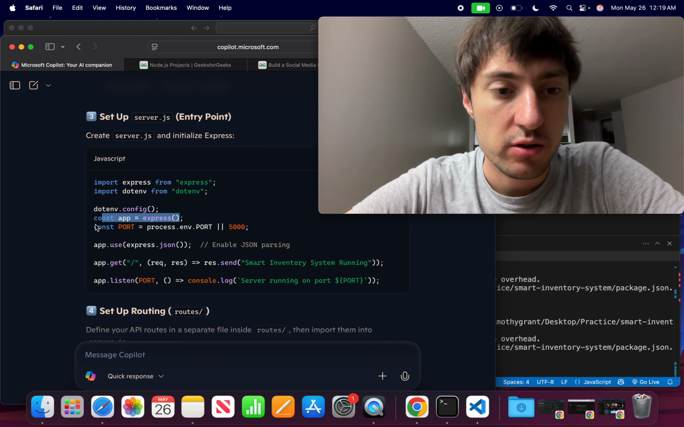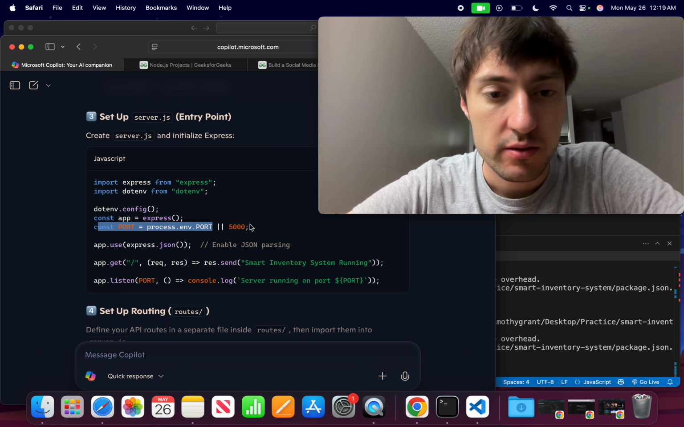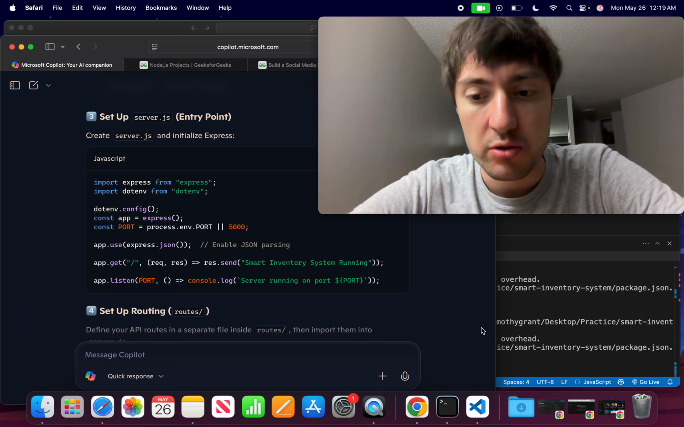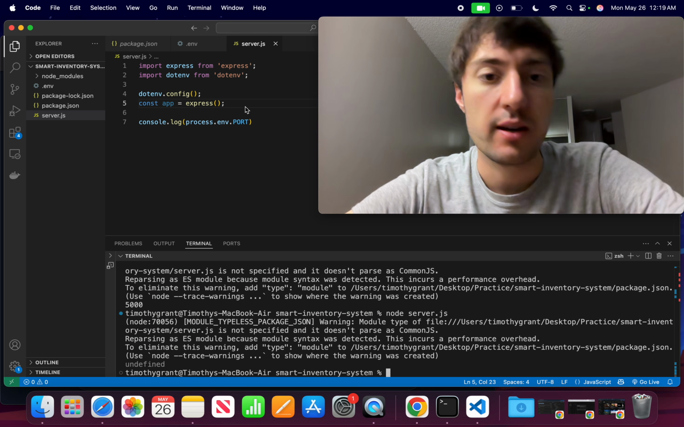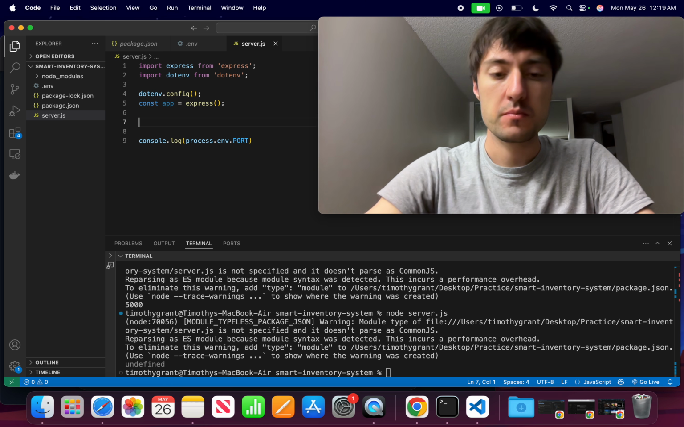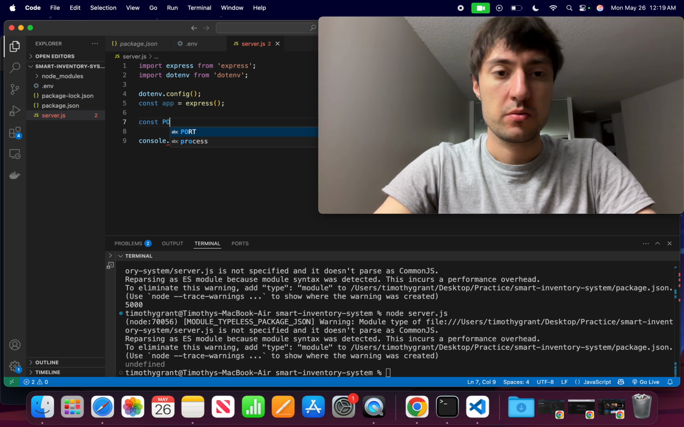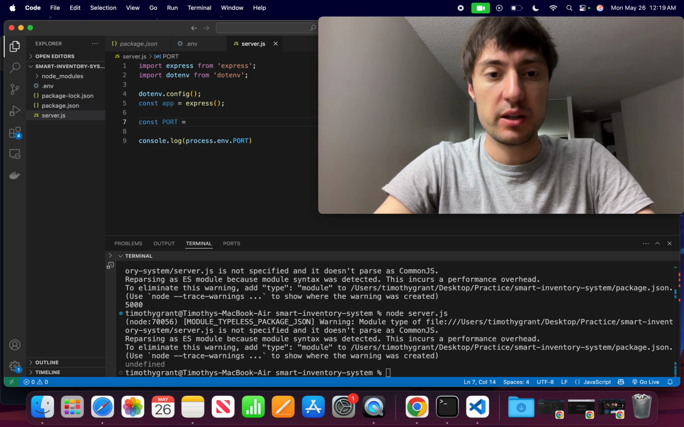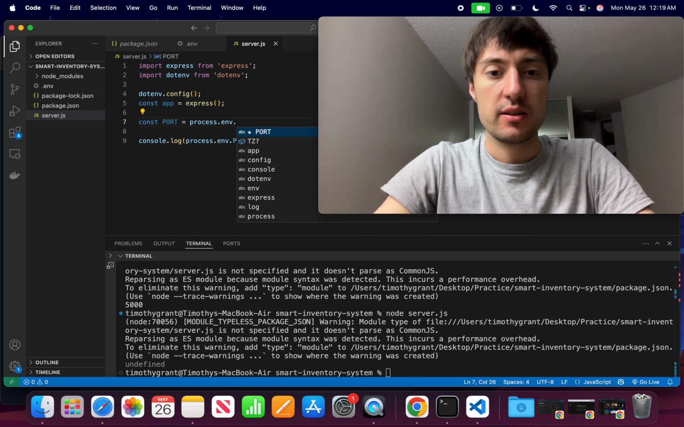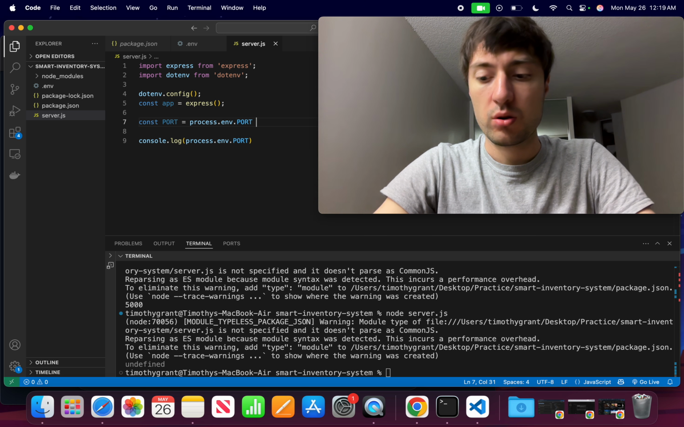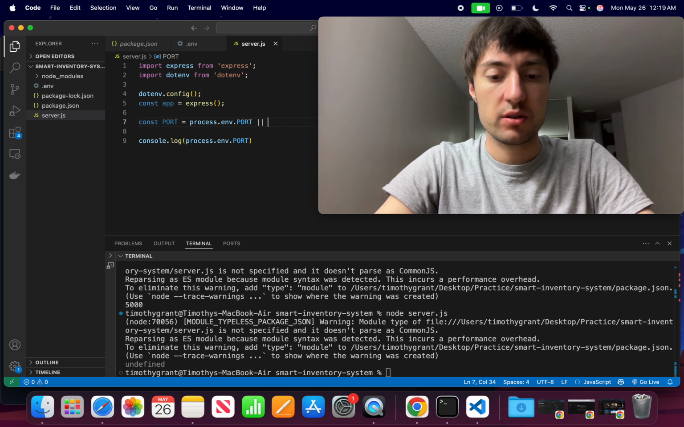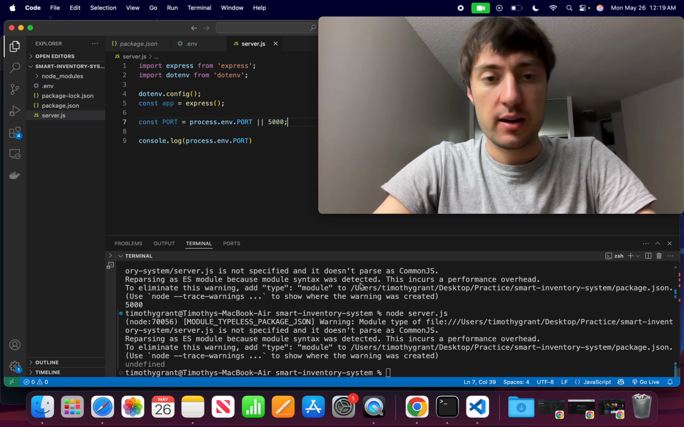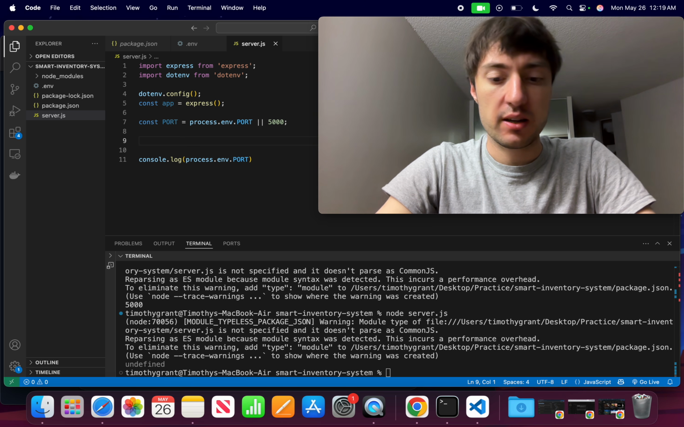So, okay, so port. Now I'm creating something called port, so port equals, and it's either going to be this process.env.port, or if not that, it is going to default to 5,000. Okay? Now, I think what we can do is